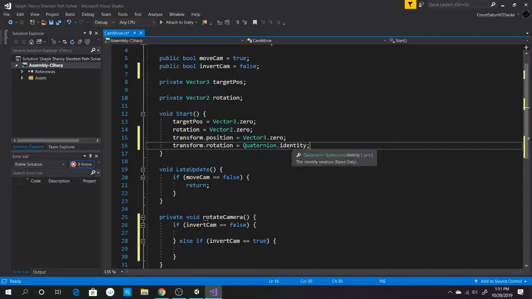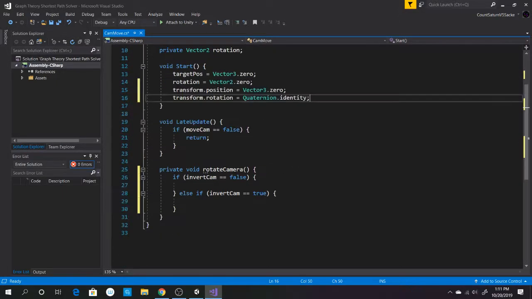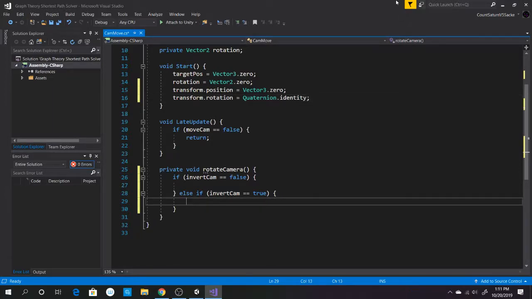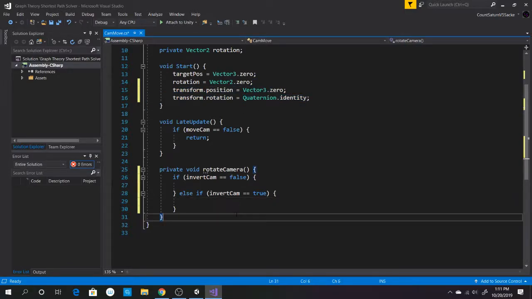Whatever this quaternion is, it's quaternion.identity. I forgot what exactly the components of the quaternion identity are. All I know is it starts off facing in a normal direction. Okay, quaternions are hard to deal with. All right. Anyway,